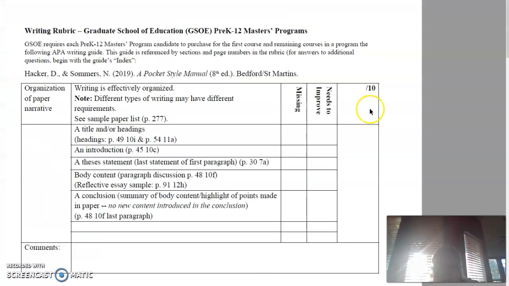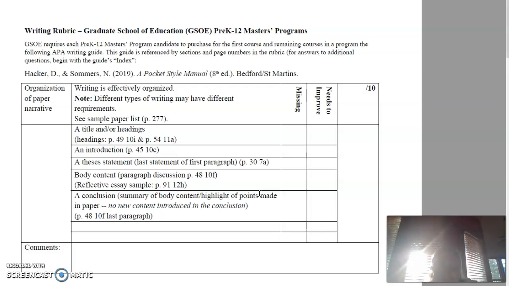Okay, so we have 3 papers in this class: the narrative paper, then you'll be doing a research paper, and then we have the reflection paper at the end when you do your observation from the teaching channel. So I want you to go over this again. I won't sit here and read it to you, but scroll down and look at all of these.